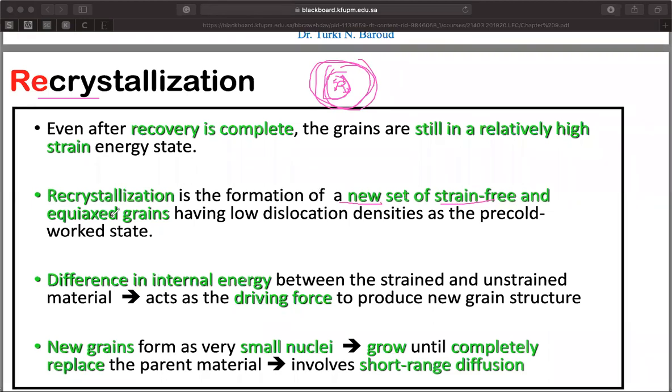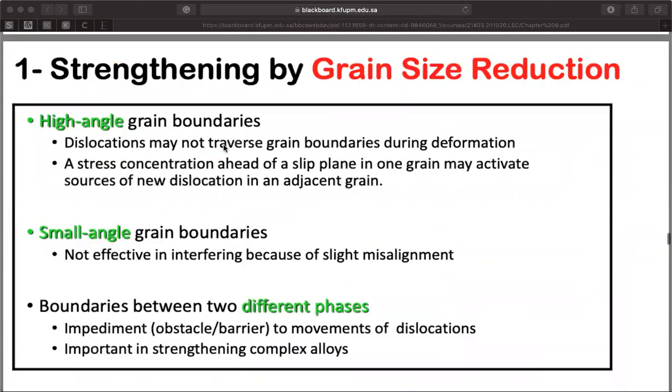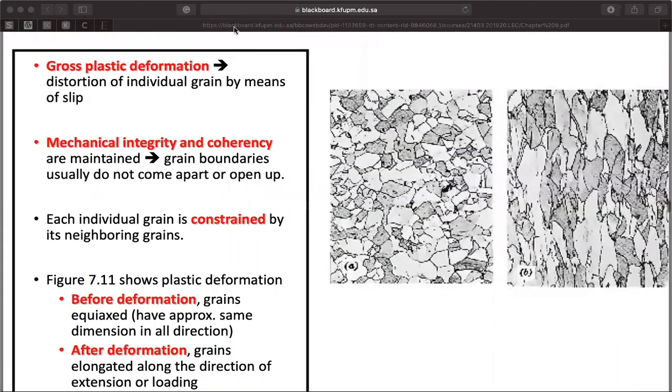So the idea is, at the end of the recrystallization, we're going to take the polycrystalline material back from elongated grains all the way to the situation before we had done any cold working. This is how it looks before cold working: equiaxed grains. Now, when we apply some cold working, we took it to elongated grains, right? So this is the result of cold working,